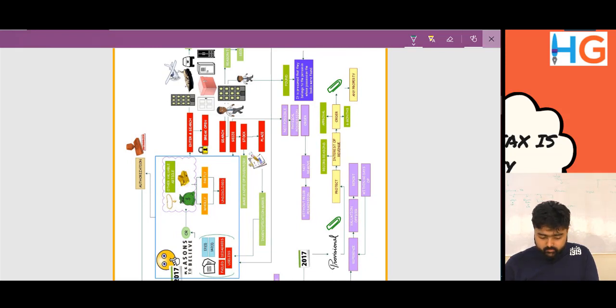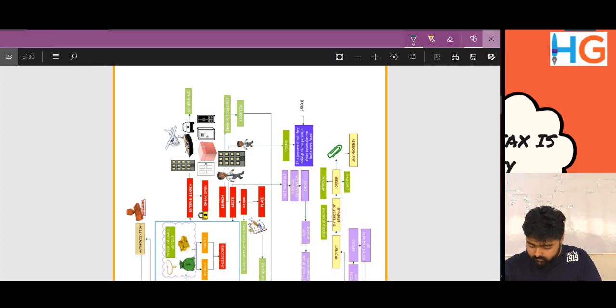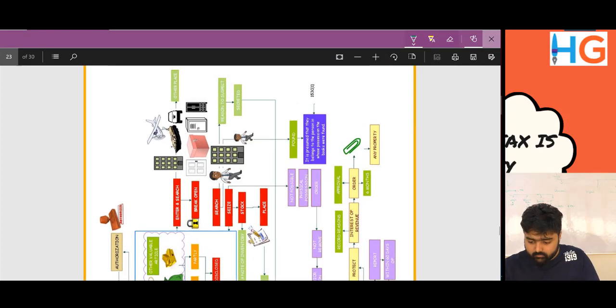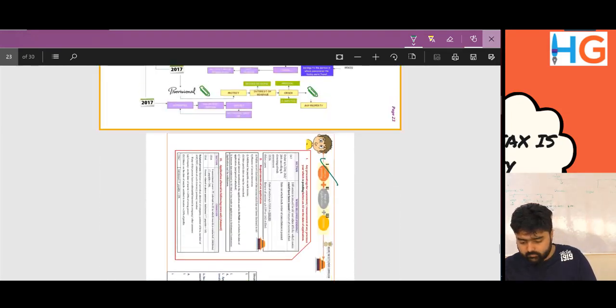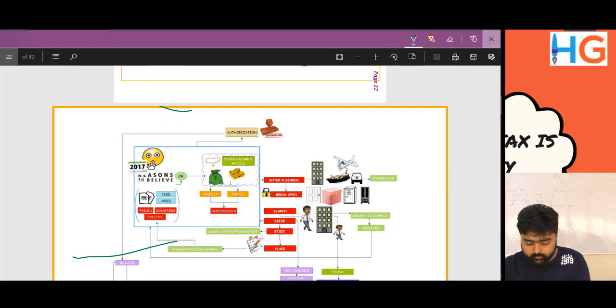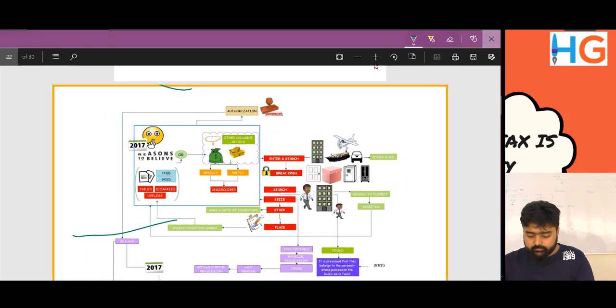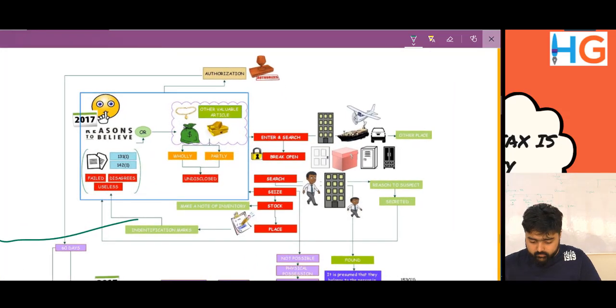In search and seizure, you need to open page number 23. This is the summary of search and seizure.